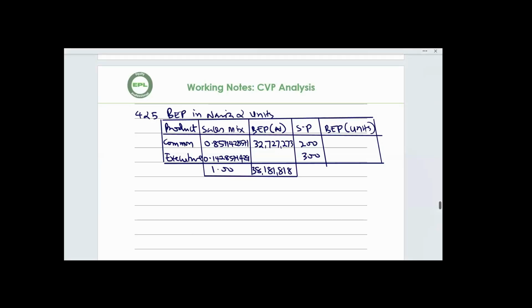Whatever you have in your calculator, divide by 200 naira. So we have 163,636 units. Then executive